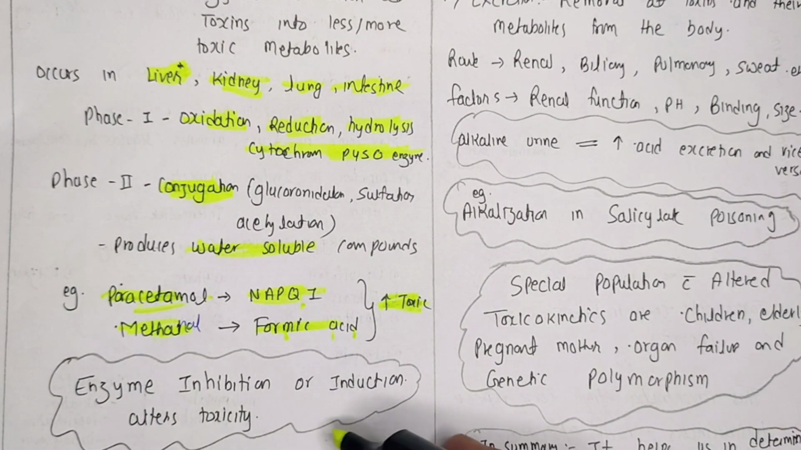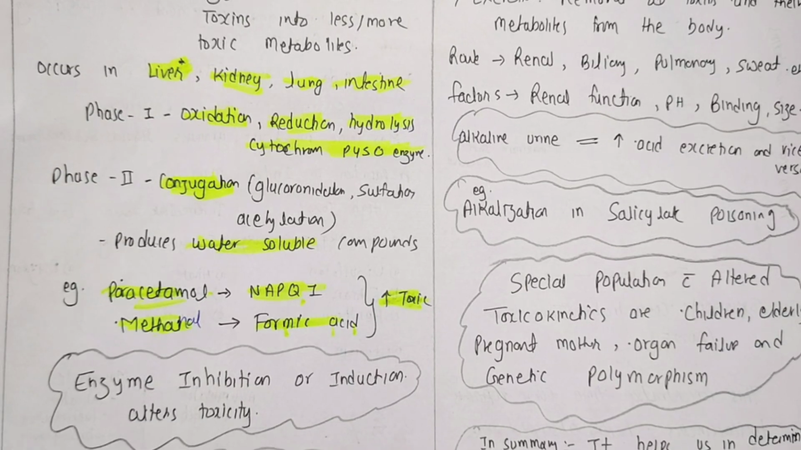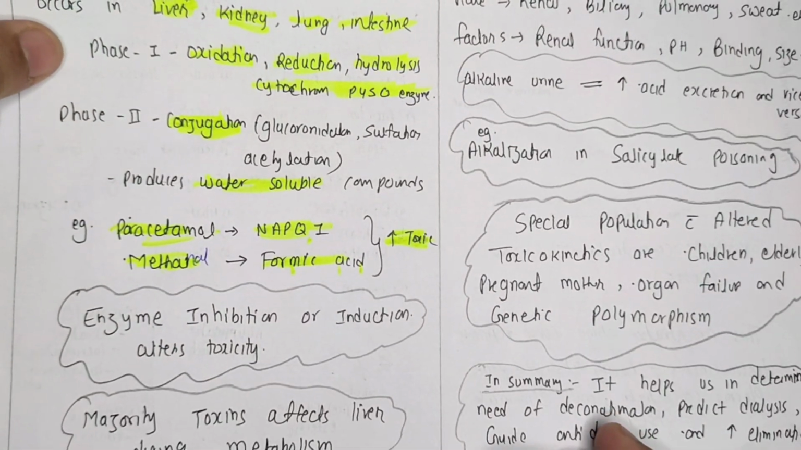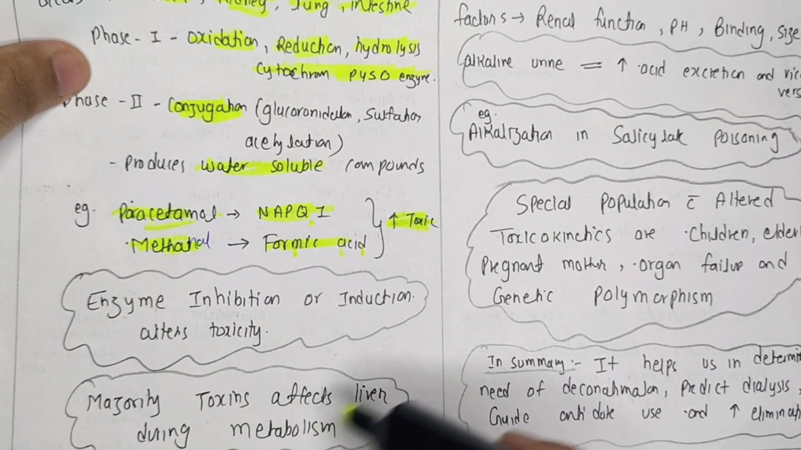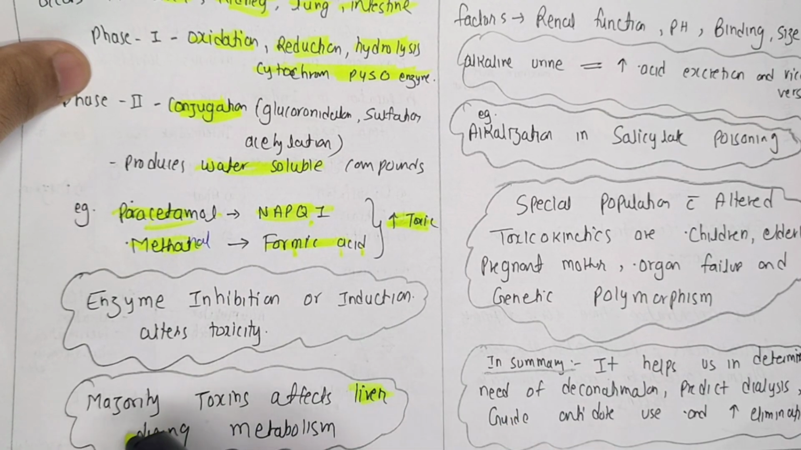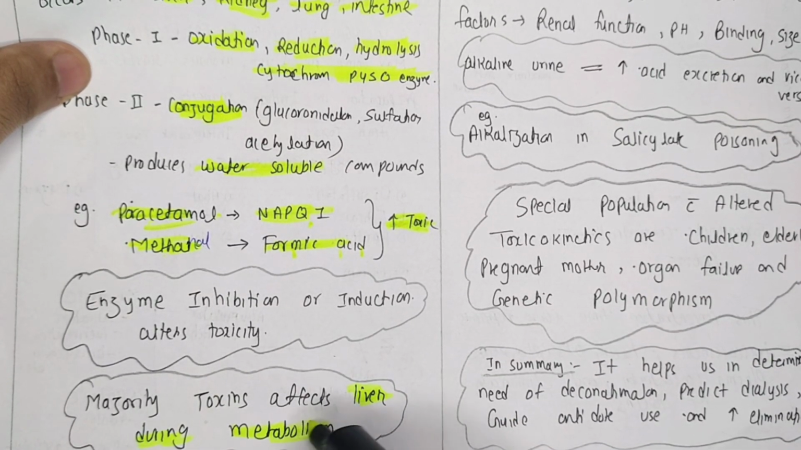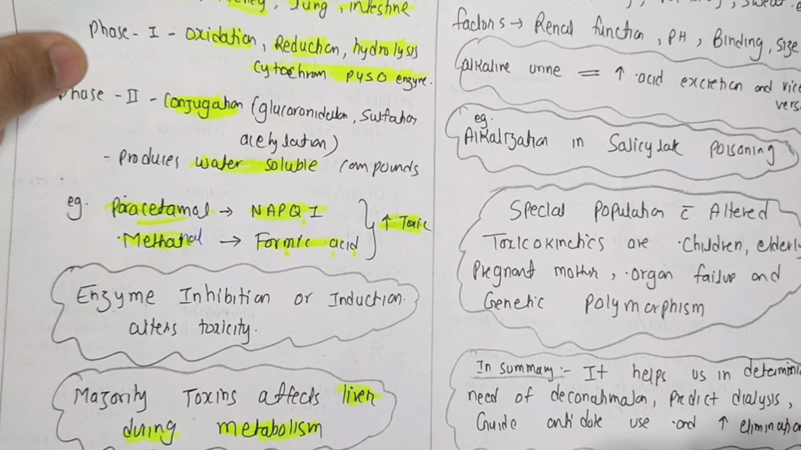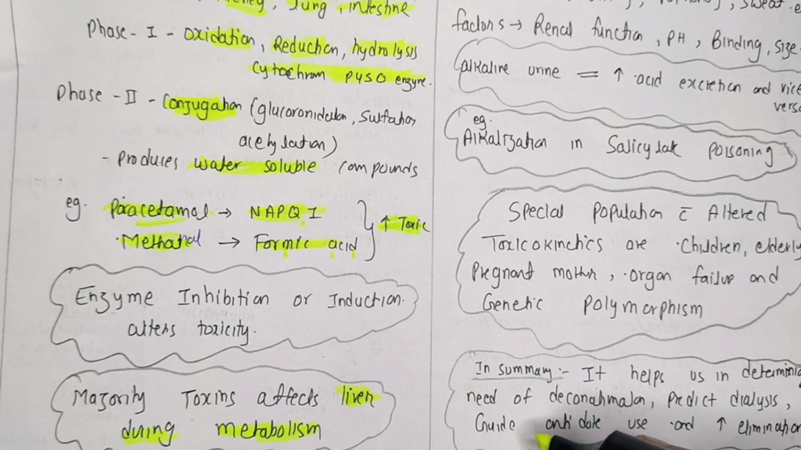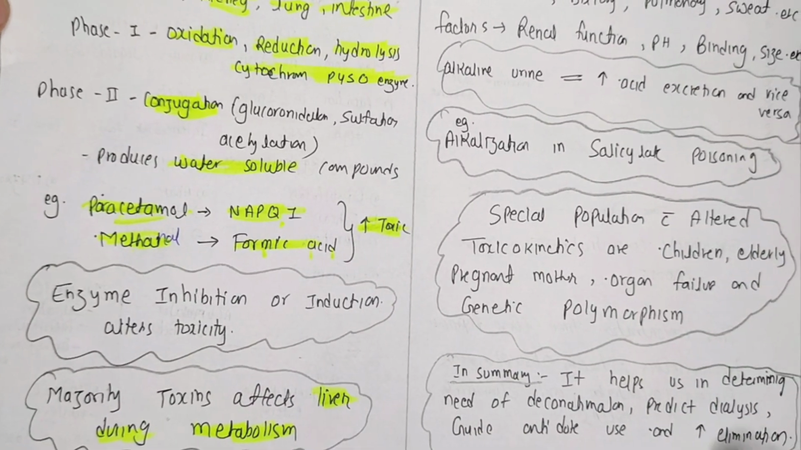Now a very important concept, enzyme inhibition or induction will lead to the alteration of toxicity course, right? Now the majority of toxins affect the liver during the metabolism, because the liver is the main site of metabolism. तो जहाँ पे metabolism होगा वहाँ पे injury तो होगी ही, राइट। जैसे जहां पे वार होगा वहां पे नुकसान होगा, तो ऐसे ही यहाँ पे भी मेटाबॉलिज्म का सीन है।